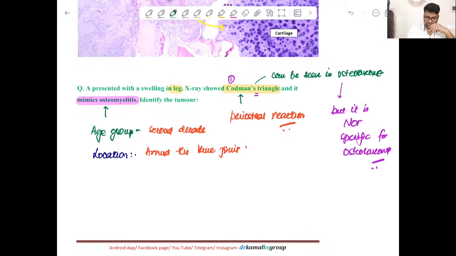Then in terms of presentation, the presentation can be pain, swelling, fever, right? So the two conditions, like the condition,